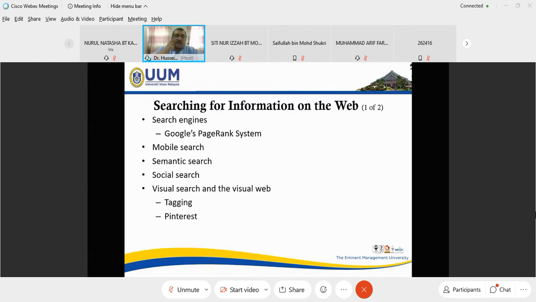What is mobile search? People now use mobile when they would like to search. They don't want a laptop or computer to do a search. Semantic search, based on your feeling or on what you like. Social search. Visual search and the visual web.